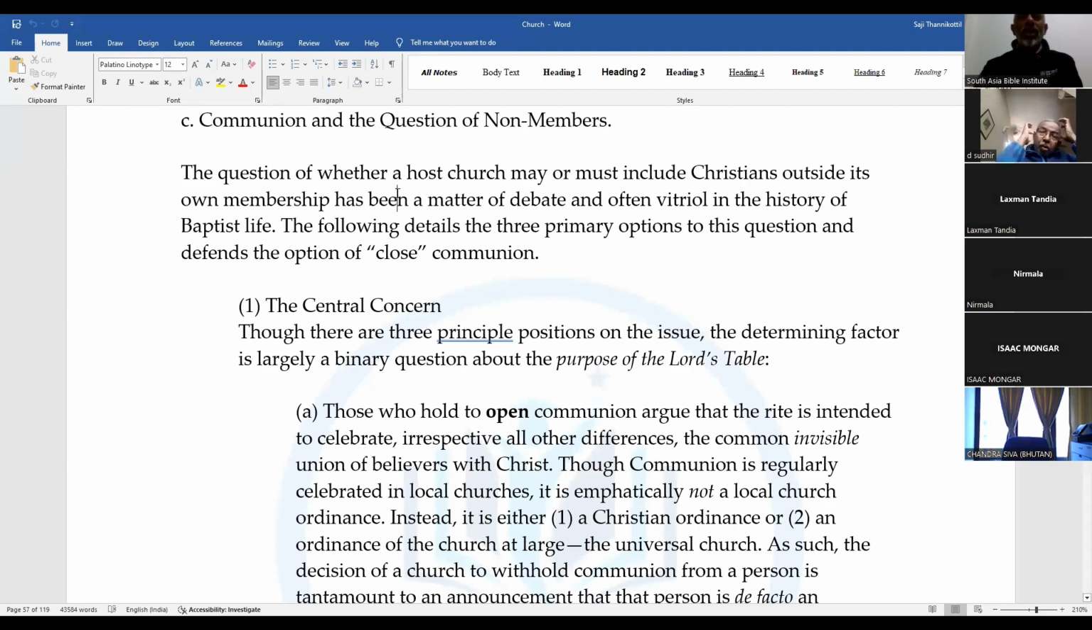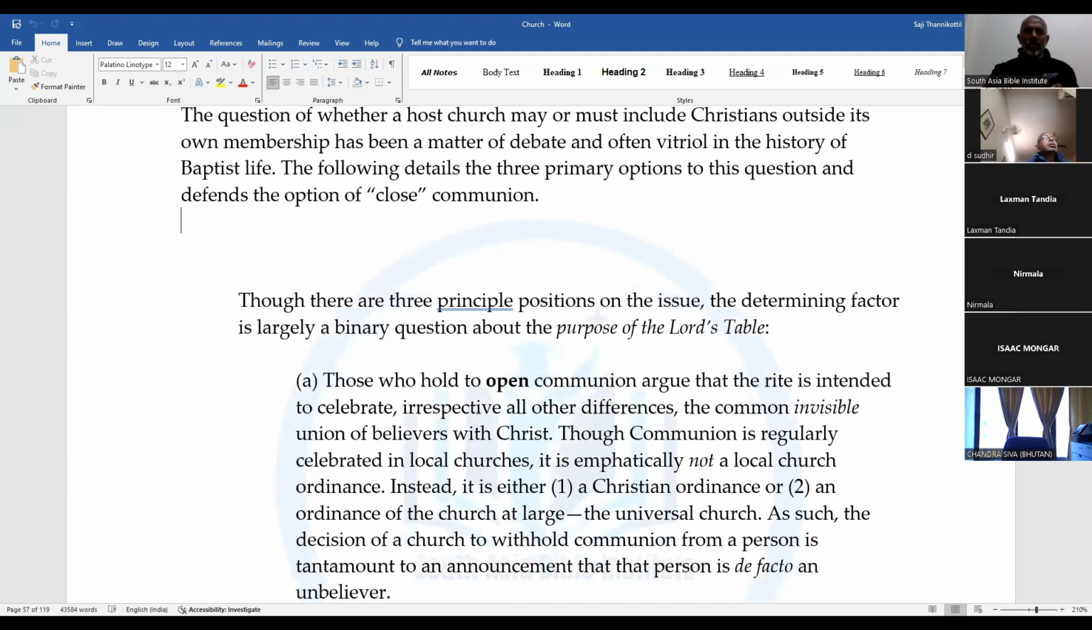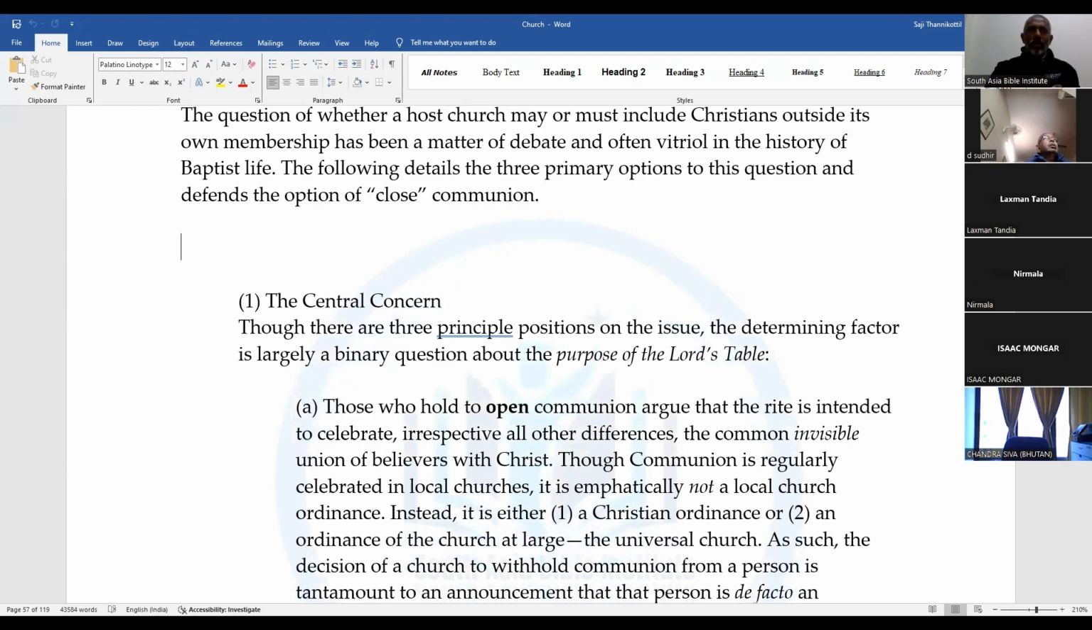Now, the question of whether a host church may or must include Christians outside its own membership has been a narrow debate and often a vitriolic one in the history of Baptist life. The following details the three primary options to this question and defends one of them, that is close communion. So we are going to talk about three communion positions. Number one,